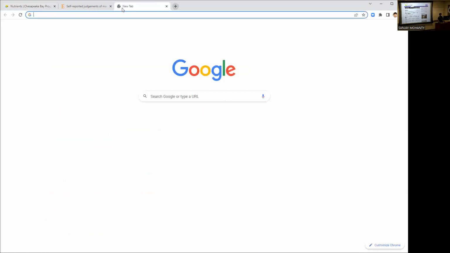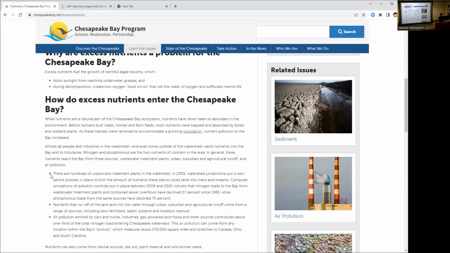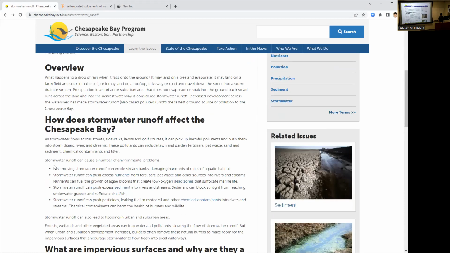I'm going to go back again. For instance, let's say I'm going to cite something here. Okay. I will look for some references here. So if you see what it says: fast moving stormwater runoff can erode stream beds.